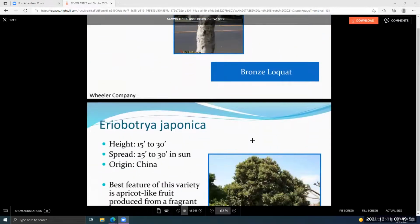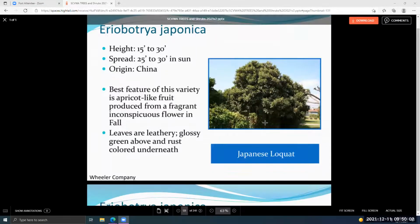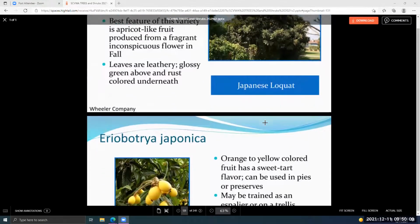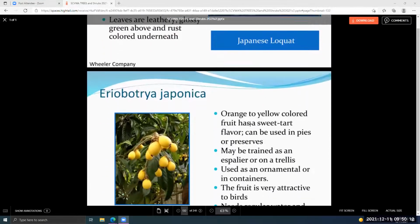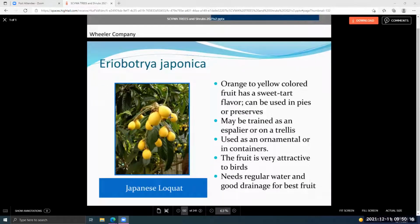And then we get to the japonica, which is the one that does produce fruit and loves the sun, loves the heat, and the fruit is edible and delicious, actually. And it does produce a pretty flower. Big leathery leaves. Seems to be just very durable. I've seen this grow everywhere from the desert to the coast. There's the fruit. And you can just pick them right off the tree and eat them. They do have seeds,